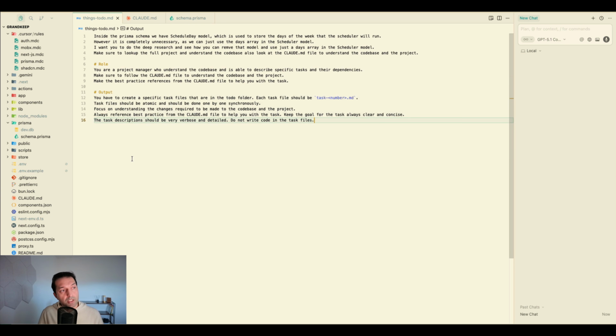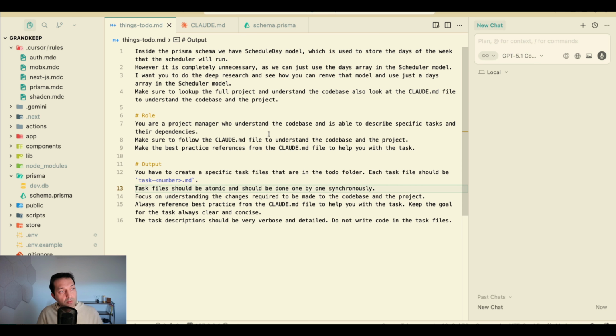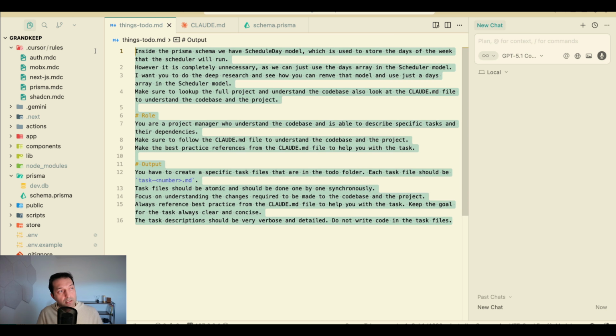So I'm essentially telling it that, hey, you have to create task files inside the to-do folder. This is going to be used later on to feed them one by one, and the part that gives us the ability to feed one by one is making sure that we can give tasks synchronously, one by one. I'm going to make it a little bit bigger to understand well, but this structure is essentially going to be my main